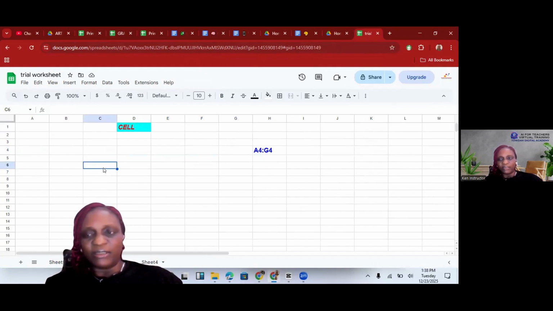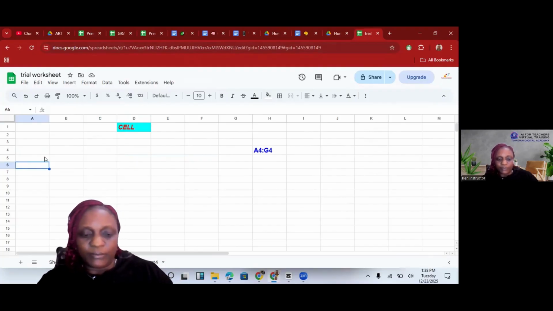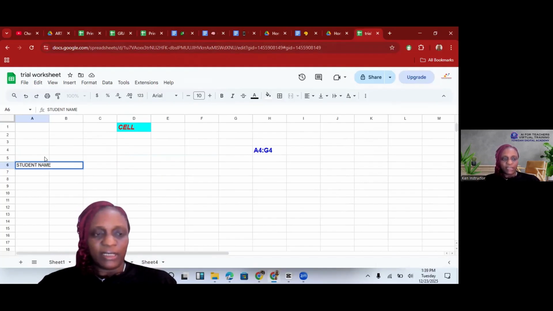And let's try to add one or two numbers so you can see how the calculation is done. So I'm going to put a number. Let me type here: student name. If you want to type, you double click into the cell, and if the text is going